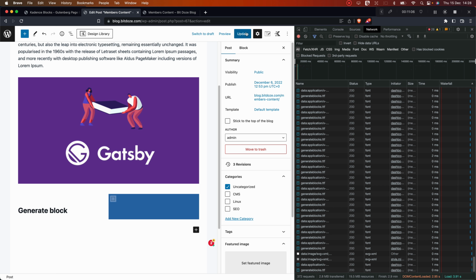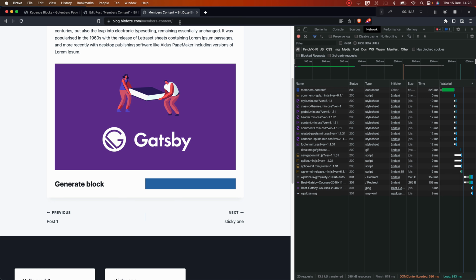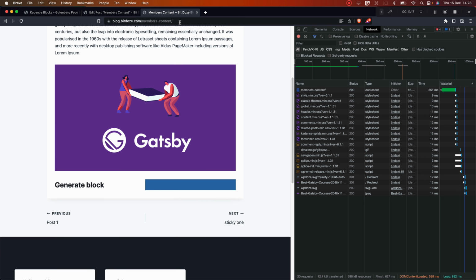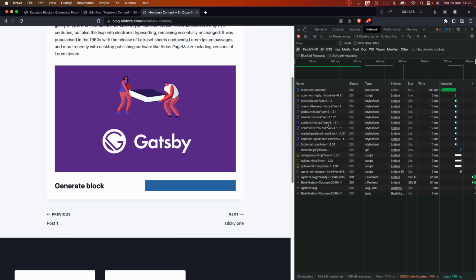The same way I'm gonna do for Cadence. I just want to see what is happening in here, if we have new things added. So let's see. Yeah, so you see that right now you don't have anything new that it's added because it's using the same things that already existing there. So this GenerateBlocks is not adding anything to our posts. Is that light? You see, like in here we have the 696